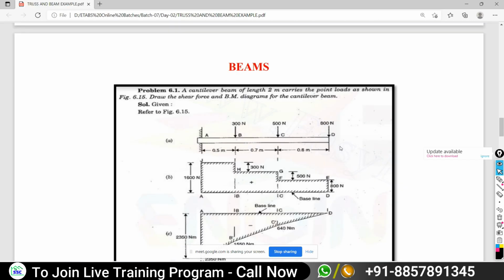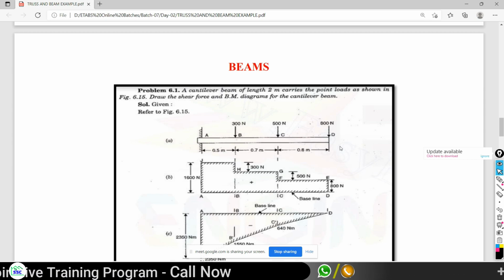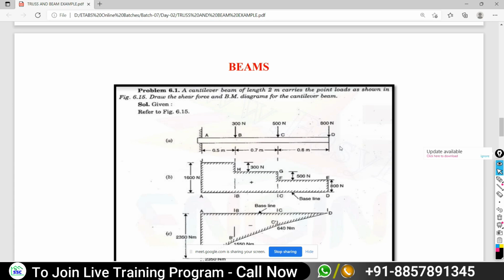The next element with which we have to deal for its modeling, analysis and validation with the software is actually the beam. You all will be aware that there are different types of beams. Simply supported beam is there, cantilever beam is there, fixed beam is there. These beams may be subjected to either point loads, line loads, or uniformly distributed load. Different types of loads may act on your beam.